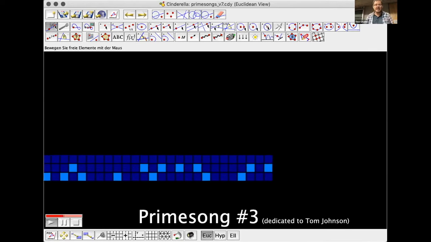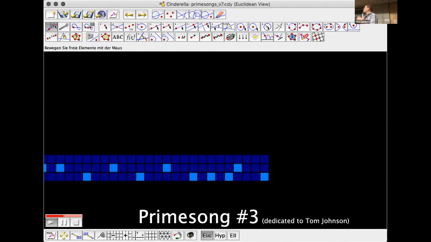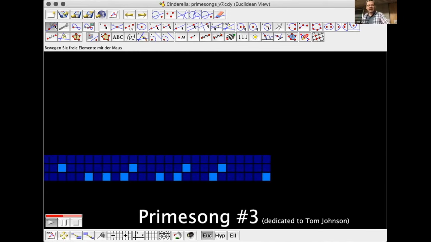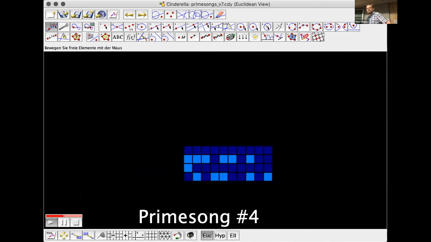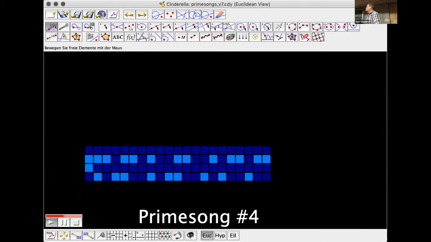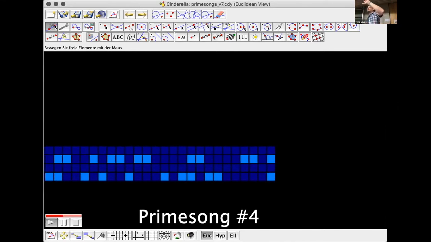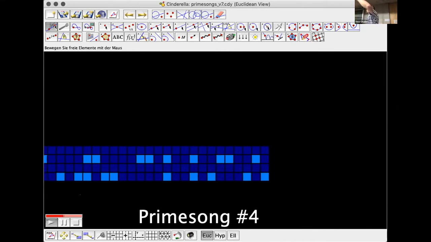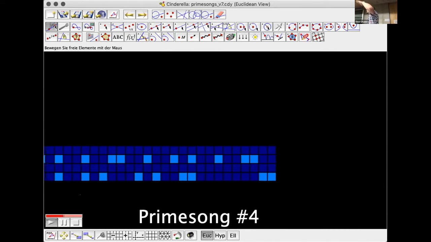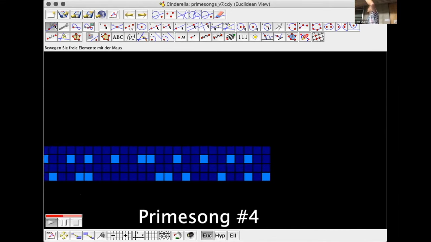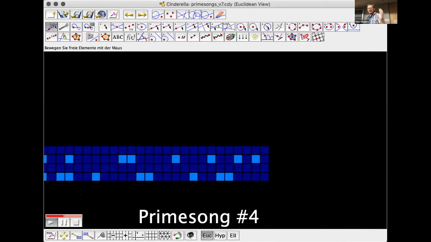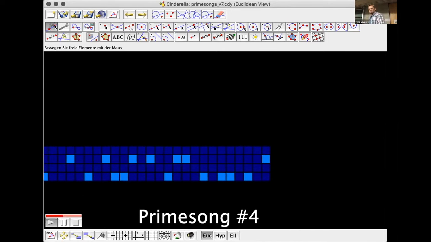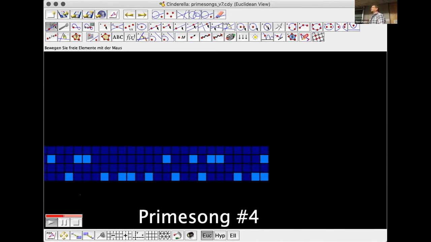Of course, you ask, what is number 4? I dedicated this to Tom Johnson because it sounds like some piece of Tom Johnson. Number 4. So now we have pairs, and somehow, although we have 4 tones, only 2 tones are used. What is our tone of row 2 or row 4? Of course, there are no prime numbers in row 2 or 4 because they are multiples of 4. And the rest is very similar to the experiences before, except we have intervals now.